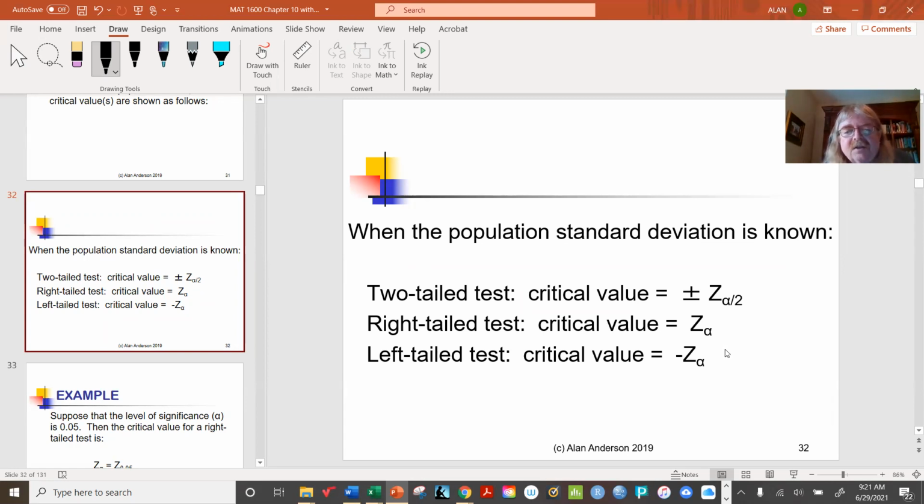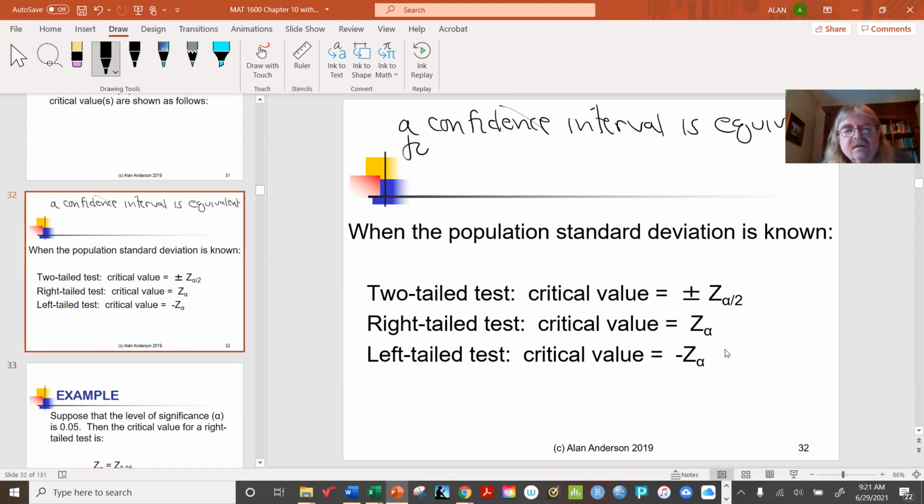In fact, I just want to mention this in passing here: a confidence interval is equivalent to a two-tailed hypothesis test. They're basically the same thing. They're just different ways of getting at the same information. So therefore,